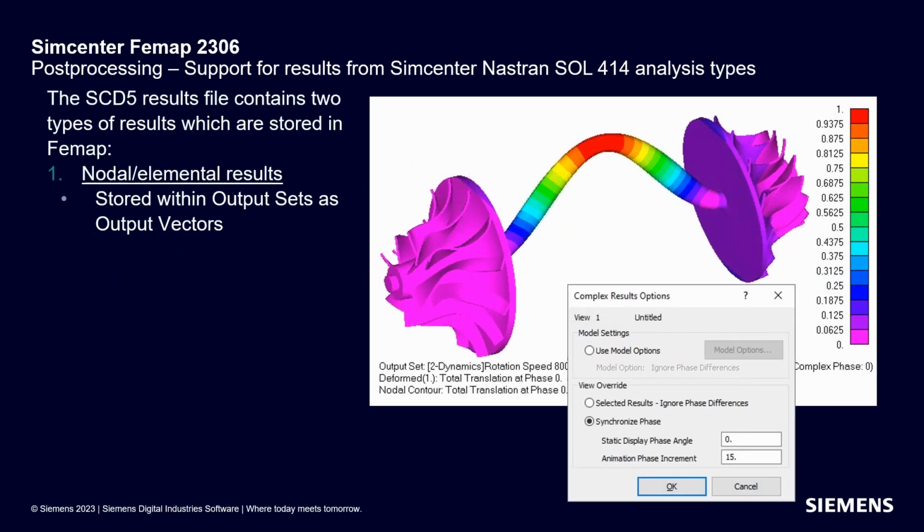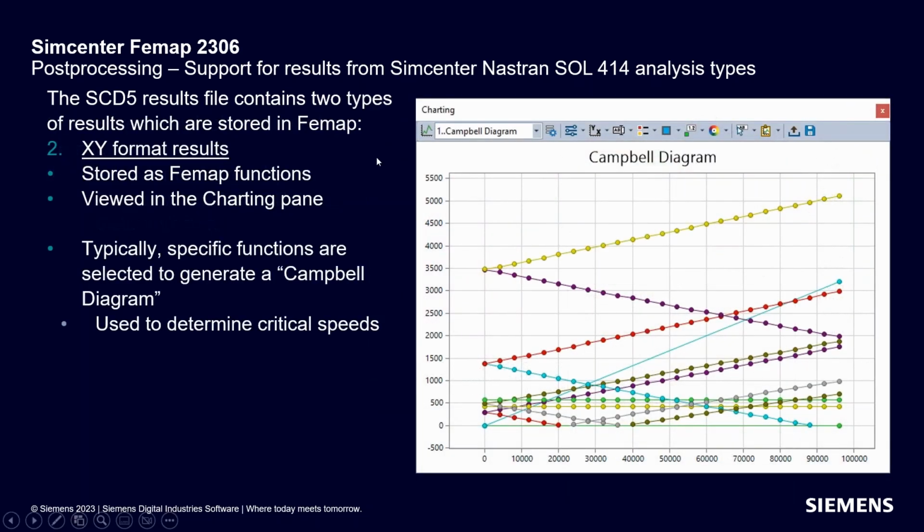All right, so in the SCD5, you'll find two different types of results. There's nodal and elemental results, which we're all familiar with, and those are going to come in as output sets and output vectors, which you can then, if you have complex data, view through the complex results options. But then there's also the XY format results. And these are stored as Femap functions, but you can use them through the charting pane or view them through the charting pane. And this is a Campbell diagram, a very common Rotodynamics